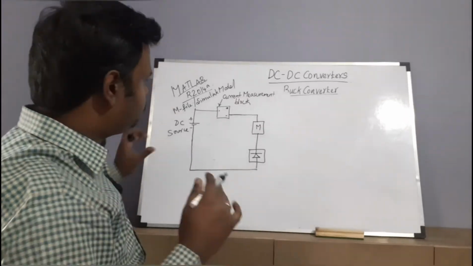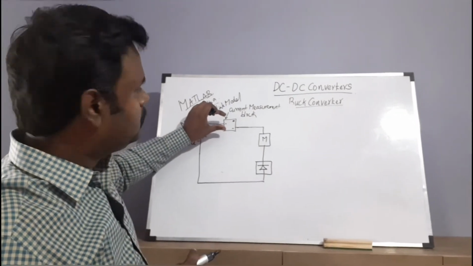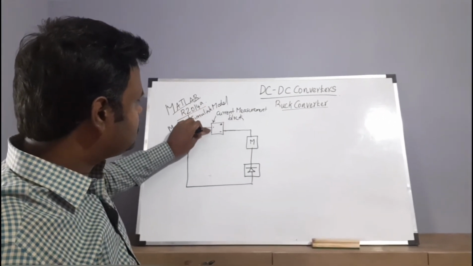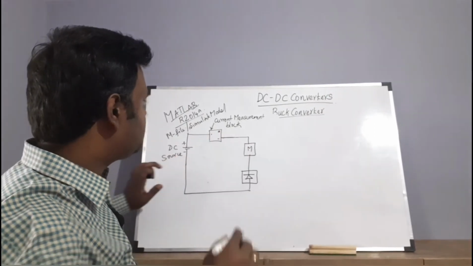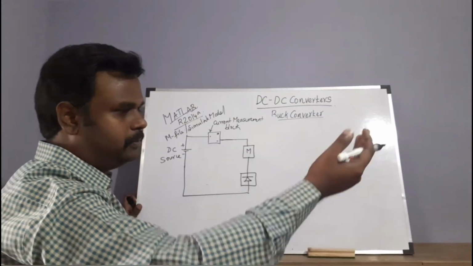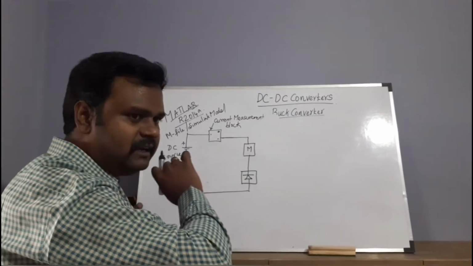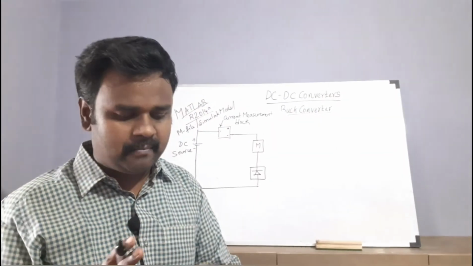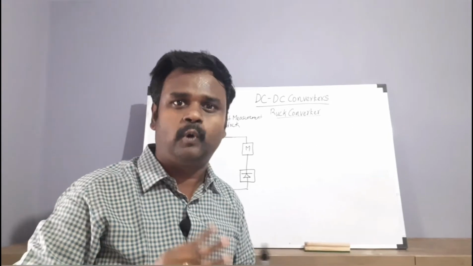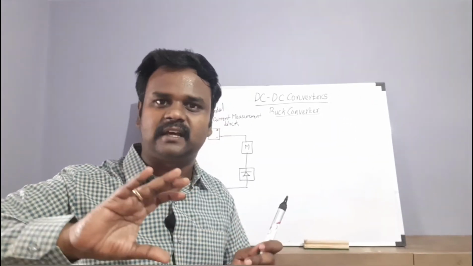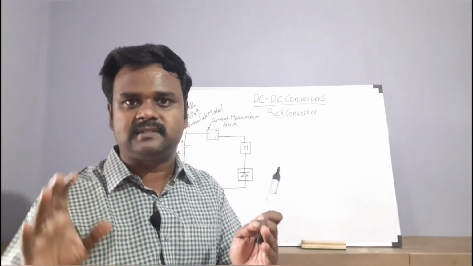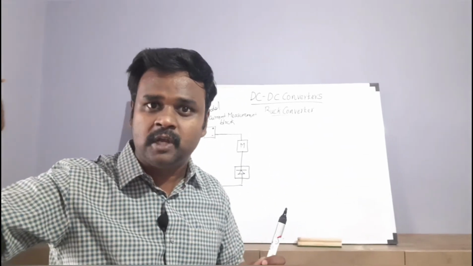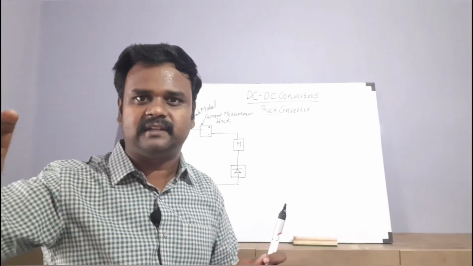Whenever you are putting a current measurement block in your simulation, you will get these three terminals. The first terminal will connect here, and the second terminal will be connected to the next device. This terminal can be used for connecting to the scope, right? You can directly draw the line and connect it to the scope, but then you will get several lines connected to the scope, and you need several axes. There will be a lot of confusion, like which line goes where, which lines go to the source. Several lines will be there.